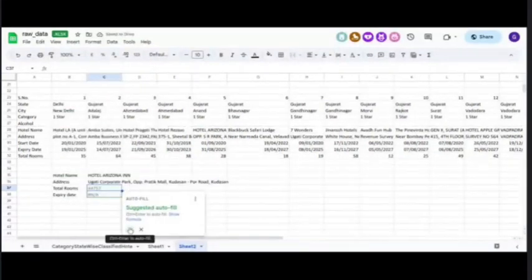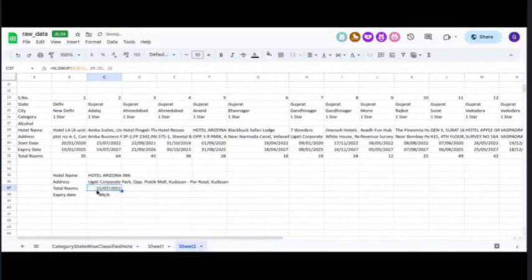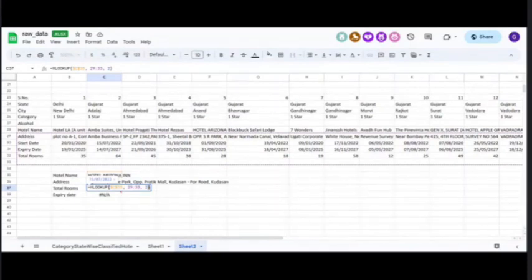Then autofill. So it gives me the total rooms. Of course, it didn't get it right. Total rooms is supposed to be from the hotel name: 0, 1, 2, 3, 4. So it's supposed to be 4,